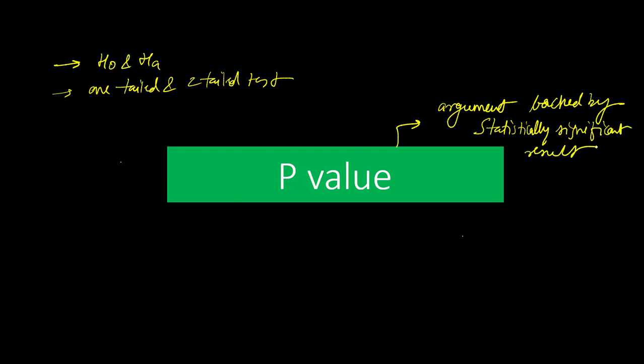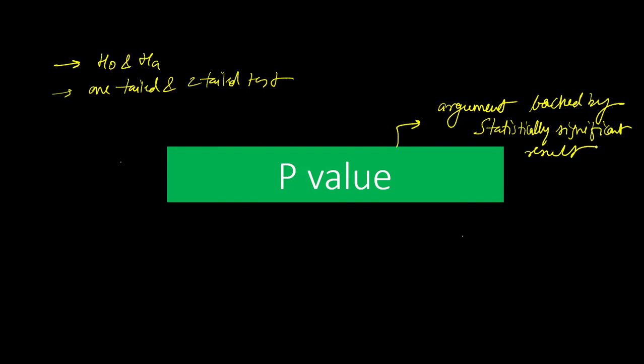Okay, and so what does it mean? It means that if I say that early risers are top performers or the average size of chocolate form factor is so and so, for all this we need to perform the hypothesis test. And for all the hypothesis testing, p-value is a kind of statistical tool which produces the result on the basis of which you accept or reject your null hypothesis. So it has a lot of applications in hypothesis testing, determining the statistical significance of the result. We will look into the different types of p-value.